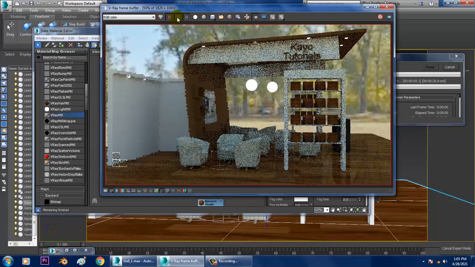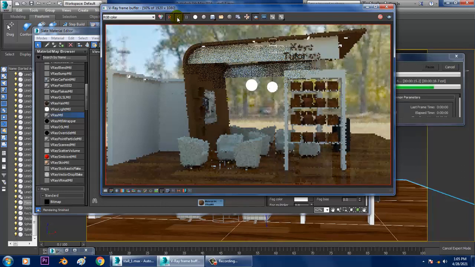So guys, if you have any doubts, please put it in the comment section over here. So we are only doing modeling and texturing for this particular stall design over here. So we have completed this tutorial. So if you want to go with the lighting part, we can also use the IES lights. I have done the same lighting in the previous tutorials of my exhibition stall designing. So you can follow those particular tutorials.